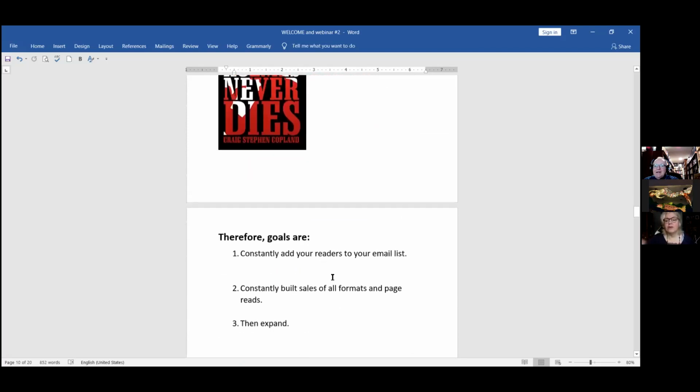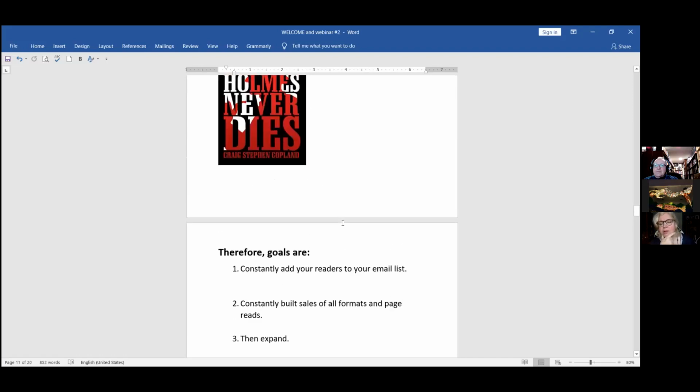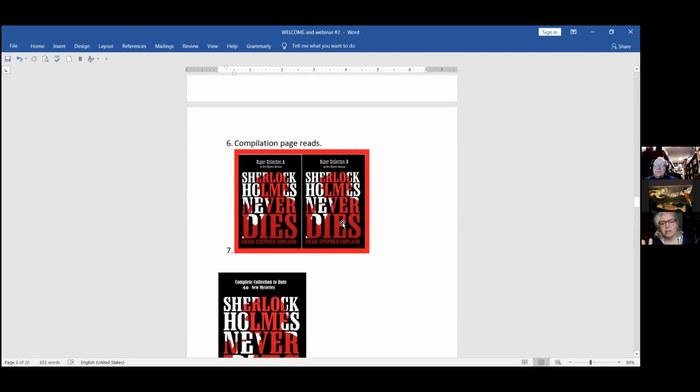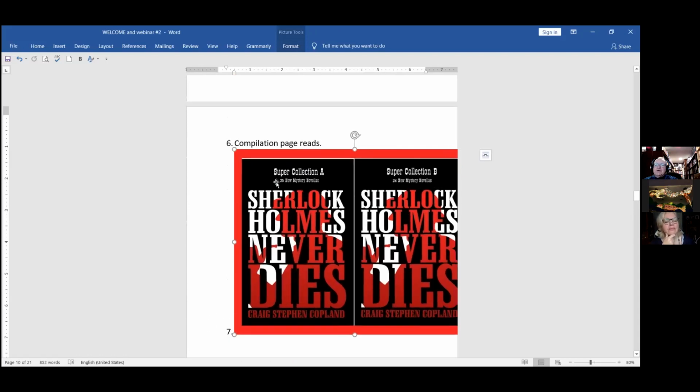Okay, so we have a question from Louise: I'm not clear on the compilation read. Can you clarify this? It's just where you've collected a selection of stories or books and you put it together as one thing, right? Yes, now I think I can expand for everybody. You should see up here, I put up 2 super collections. One has 25 stories, the other has 24 stories. And they're all in one, they're all in ebook. So if they download that and start to read it,